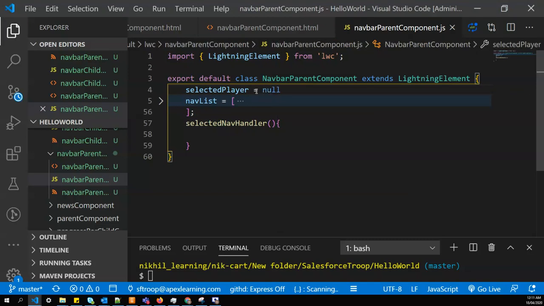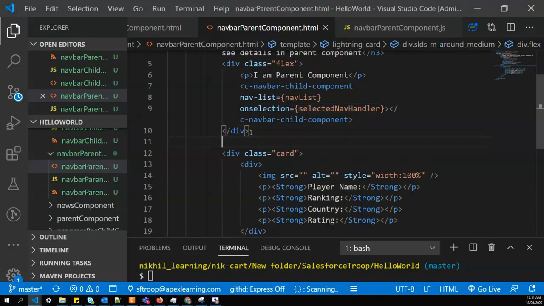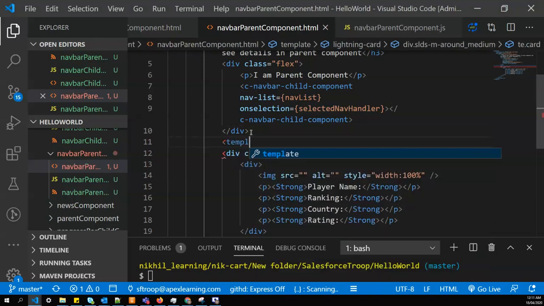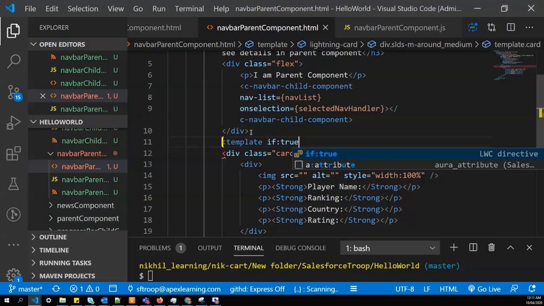We'll go with null only because we'll take the value in it which is passed by the child, and we'll say show my component or the card whenever this selected player is there.